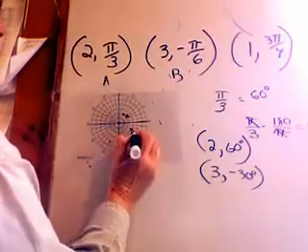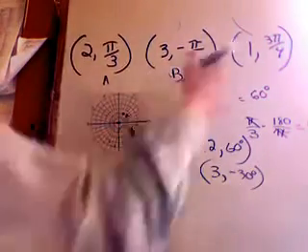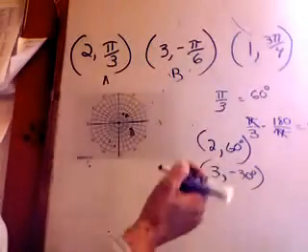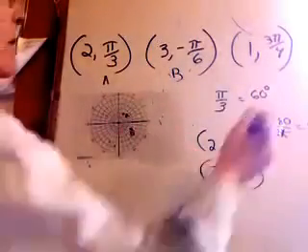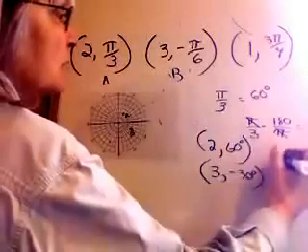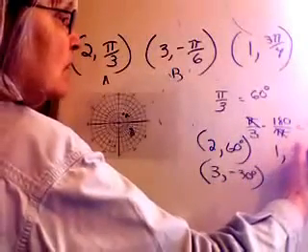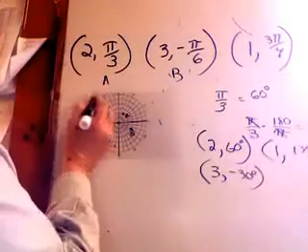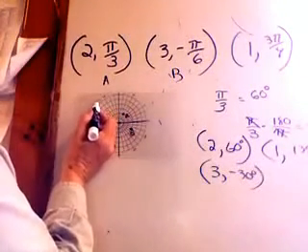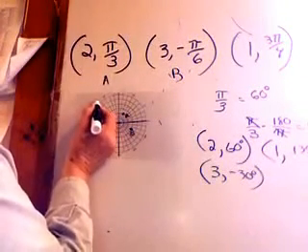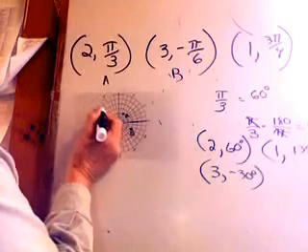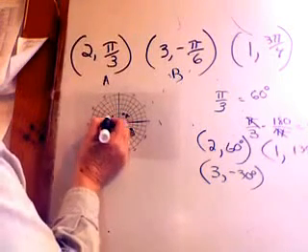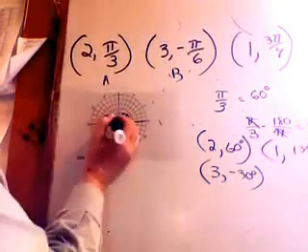So there's point B. Now I'm going to plot 1 at 3 pi over 4. So what is 3 pi over 4? It's 135. So I'm going to point 1, 135 degrees. Where would that be? Well, this is 120, 130, 140, 150. So 135 is halfway between on this line. And I'm only going up 1 and then halfway between. So there's my point C.